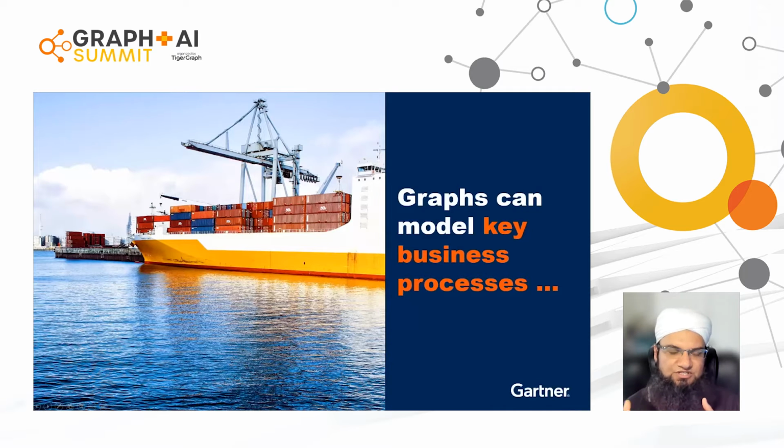The easiest way to think of graphs is as networks with nodes and edges, and obviously anything that has a network-like structure, such as a social network or transportation routes, infrastructure, all types of graphs, and the applications are more obvious. But graphs can capture much more than that. Any interaction which involves a relationship between multiple parties is also a graph, and that includes complex business processes. Products that are manufactured have components, materials have ingredients that can be represented as a graph. They get packed, distributed, and held at different locations. That's also a graph. People are involved at different points in the process, and they just form part of the graph.